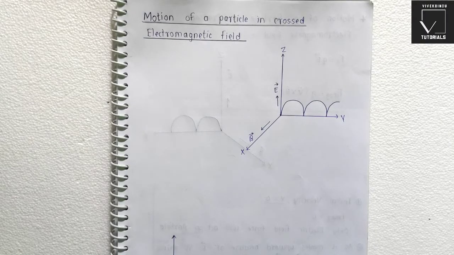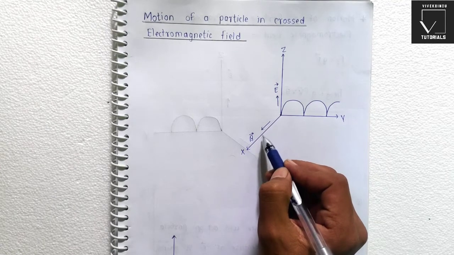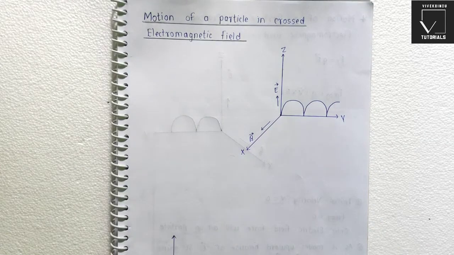Today we will be talking about motion of a particle in crossed electromagnetic field. So we will see when a particle is moving in an electromagnetic field how it will behave. For that, let's consider a particle in 3 dimensions. The direction of electric field acting on it will be along the z axis and direction of magnetic field will be along the x axis. So the forces acting on that particle because of both fields are given by the Lorentz force equation, which is